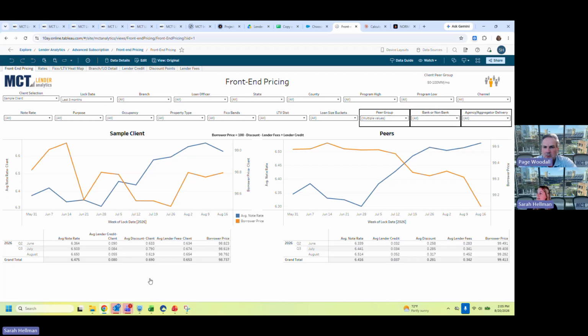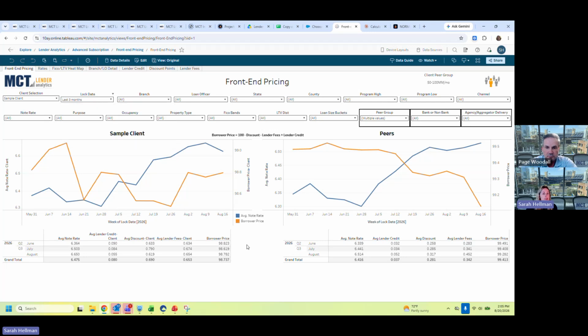Sarah, can you drill down on a daily basis with that? You can. There's a couple of different features. You, of course, have your date filter if you want to update and see different time frames. You can switch it to just days, but also without even changing the amount of time displayed,